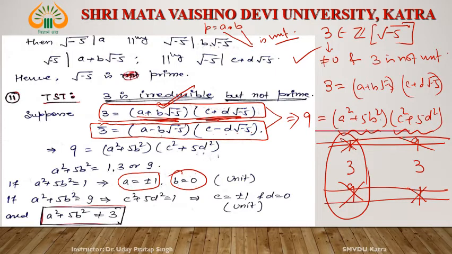a² + 5b² equal to 3? It is not possible. So a² + 5b² = 3 is not possible, right? a² + 5b² is 1, okay, plus minus 1, and a² + 5b² is either plus minus 1 or